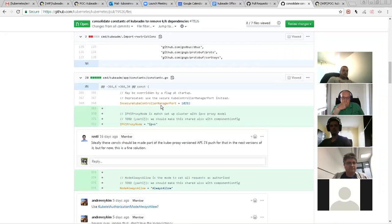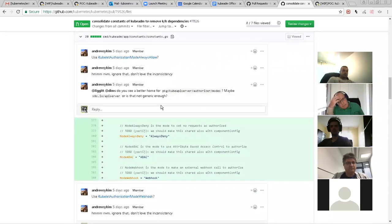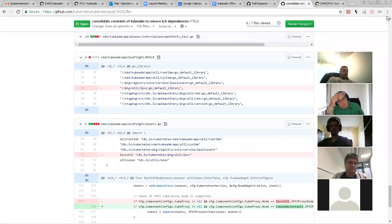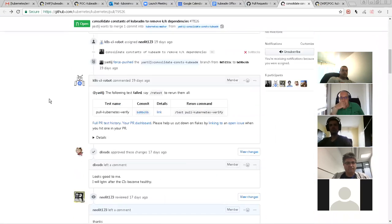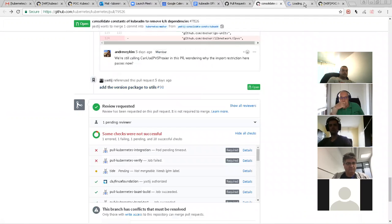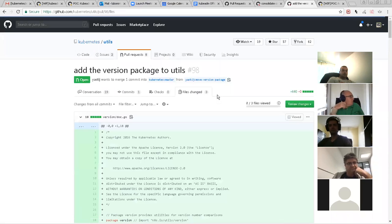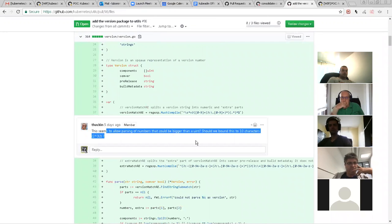So the idea was to extract these into the utils repo, and once these are used out of tree, the idea is to see with SIG network if they can reuse these functions and implement these functions under a staging repo. I think the kubeproxy one, although for now they're just using it for the APIs, like moving the functions there and using the things that we move to utils, and then us consuming these functions under kubeproxy